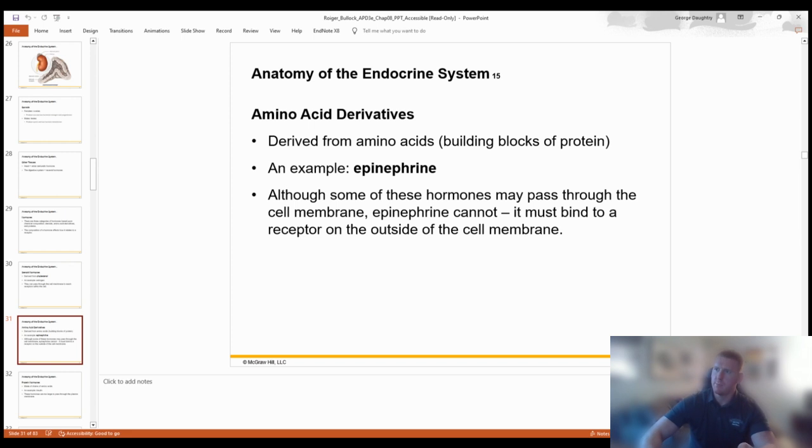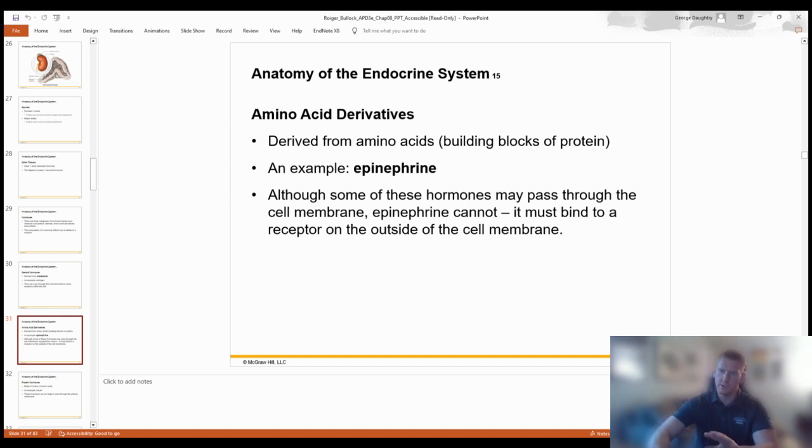Although some of these hormones may pass through the cell membrane, epinephrine cannot, and it must bind to receptors on the outside of the cell membrane. If it must bind to receptors on the outside, that means it has to bind to G proteins or specialized enzymes or even amino acids, right? If it's derived from an amino acid, a lot of the entryway into the cell is that it has to bind to an amino acid specific G protein